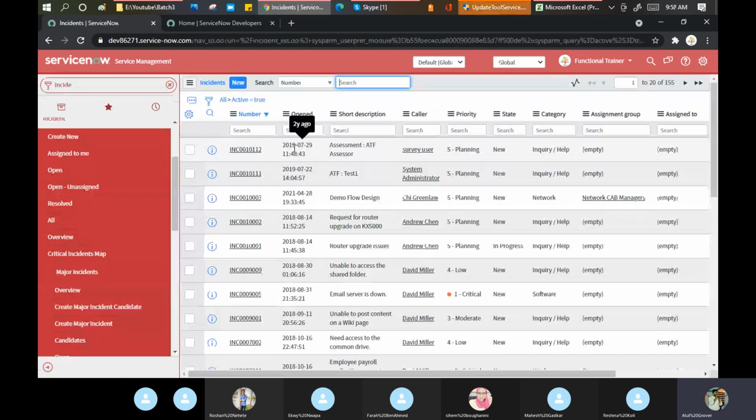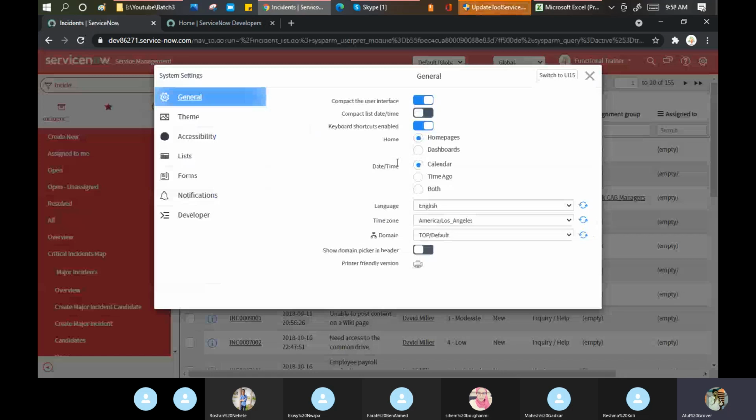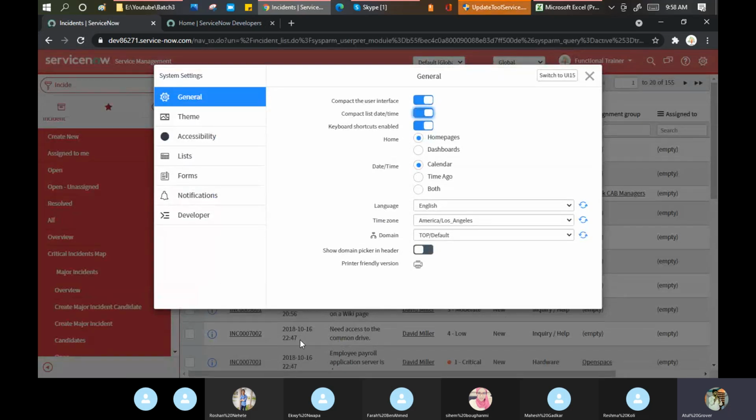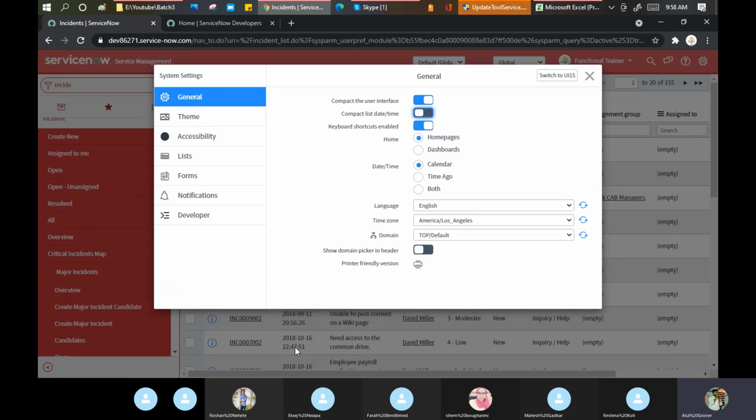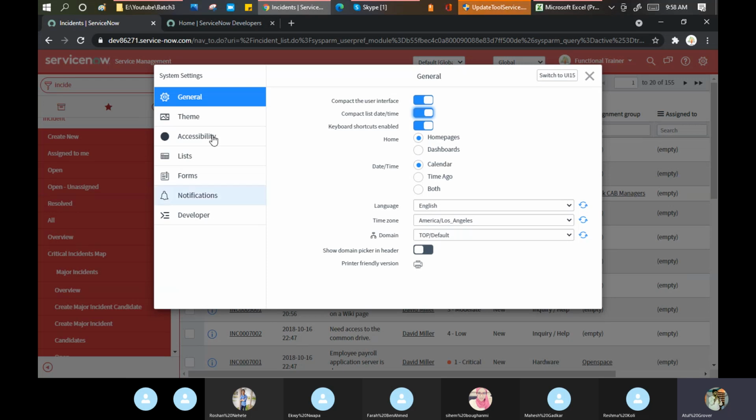Okay, like this you can see here, right? Let me go and do the settings here. Compact list. So now you can see your AM PM is gone. If I click here, my AM PM and the complete time come back.